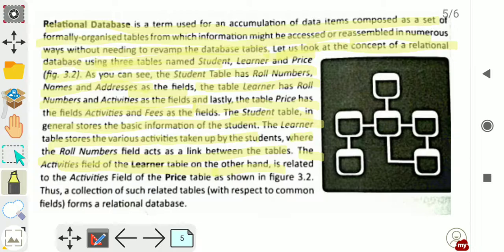Thus a collection of such related tables with respect to a common field forms a relational database. It means in a relational database many tables are connected with some common field, okay, and this common field is called the primary key, right?